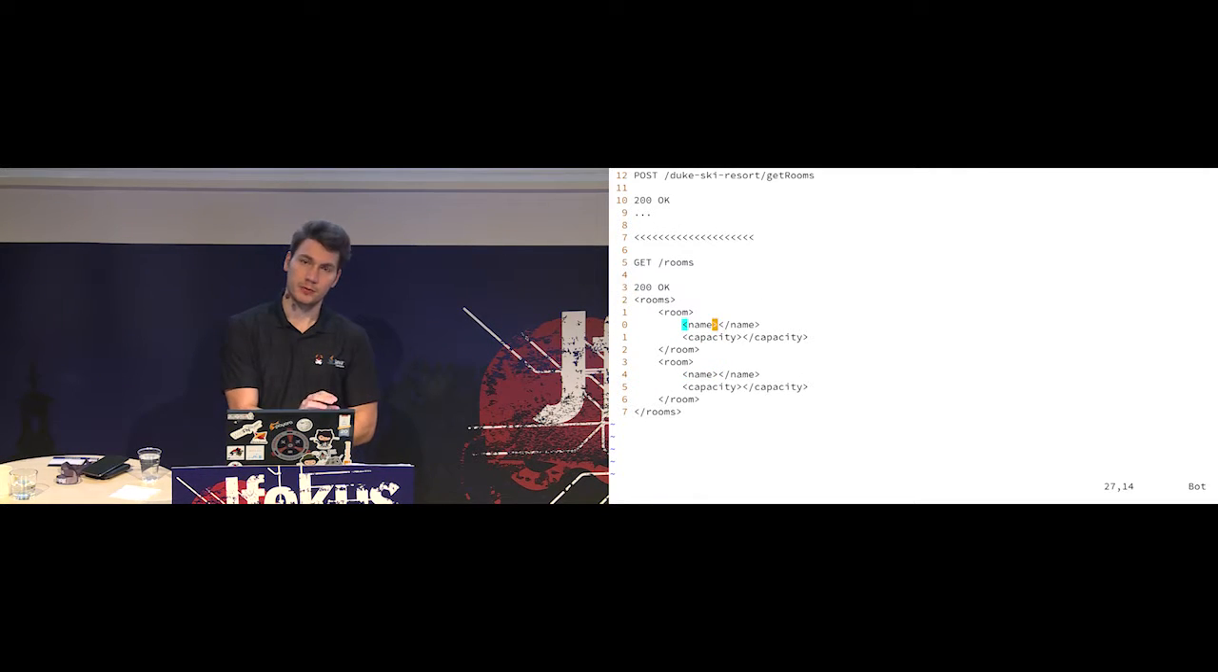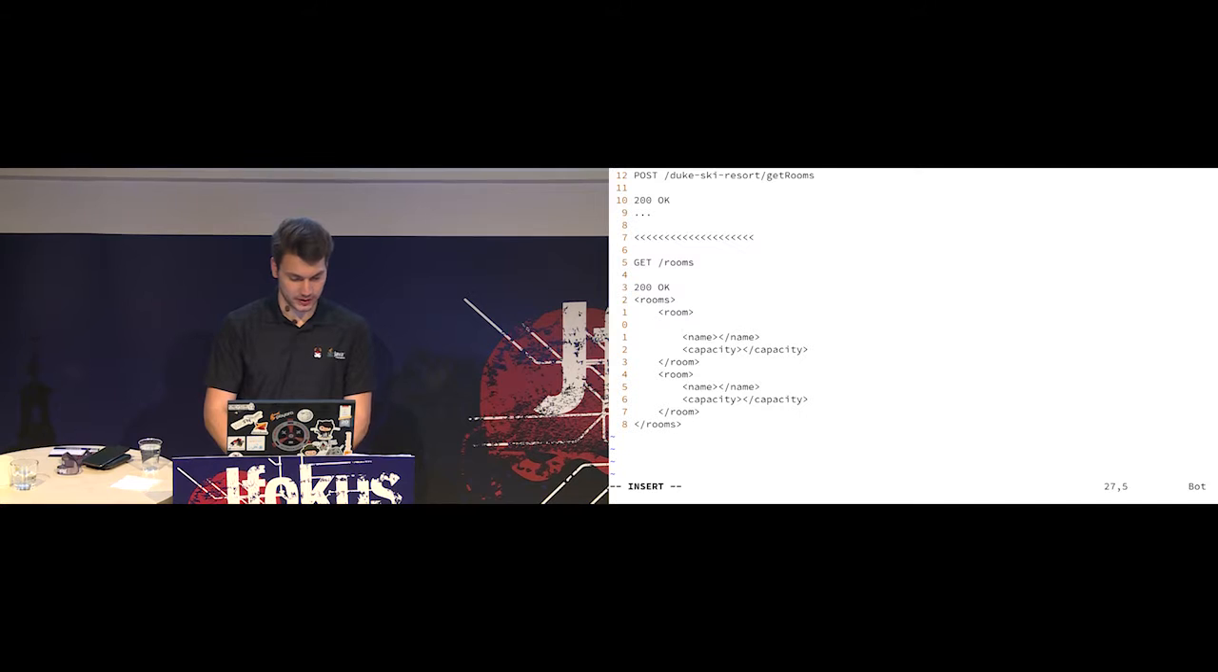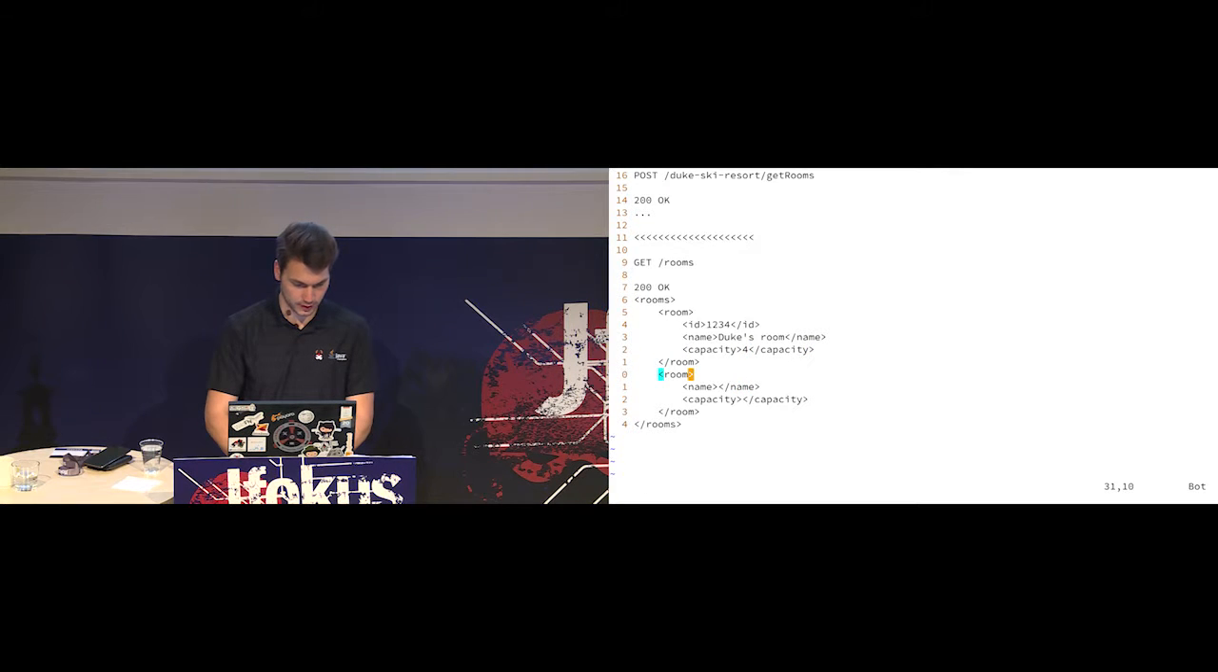In this case, represented by XML, but it doesn't matter. And you get that back directly by querying a GET against that resource, get rooms. For example, let's do something else. We also have an ID for the room, which is here 1, 2, 3, 4. It's called Duke's room, capacity of 4 persons, and